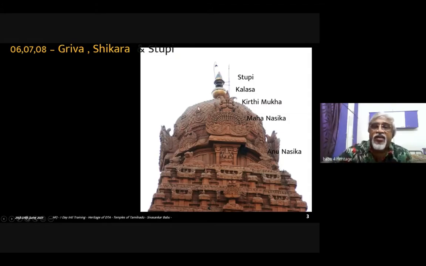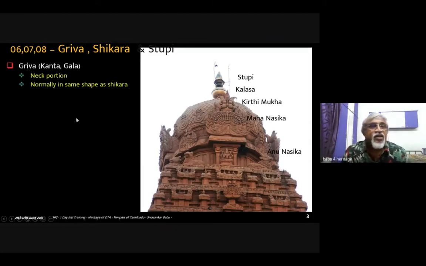So this is an octagonal Dravida Shikara, and it has 8 parts. They say that 8 stones have been fused together to form this Shikara. The Kalasa here itself is taller than a person. It's very huge. And last time we had some photos of people standing near the Kalasa when the Kumbhabhishekam happened in 2000. So this is one Gopura Darshanam, or a Vimana Darshanam, we have.